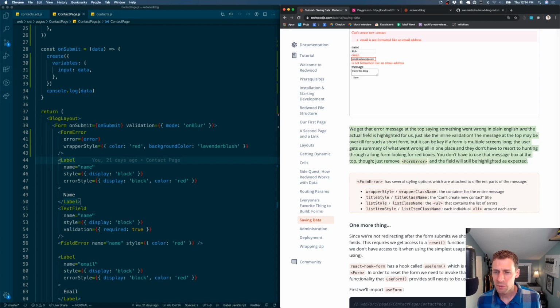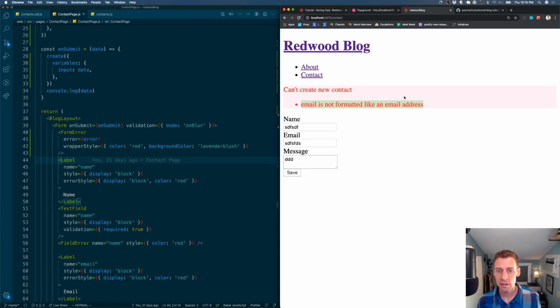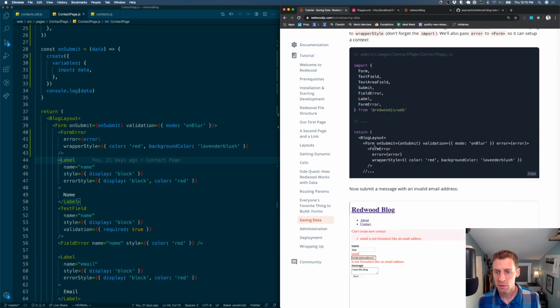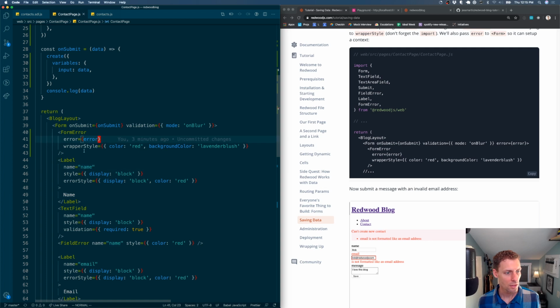So we get that error message at the top saying that something went wrong in plain English, and the actual field. What? Where was the actual field highlighted? No, it wasn't. It's not highlighted. Boy, you crazy. What did I not do right? I clearly did something wrong here then, because let's see. So our form,